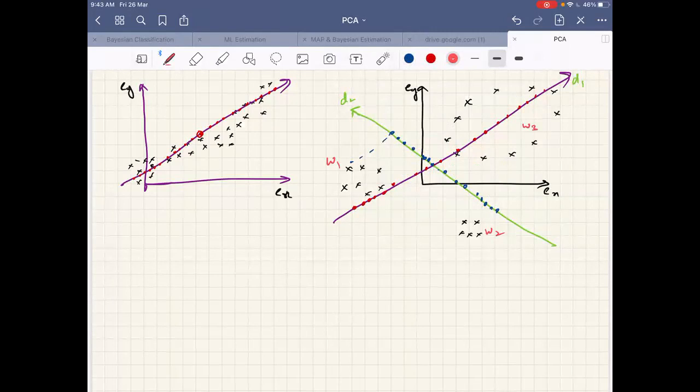Okay, so in which case do you think you can separate these samples well? If I project onto D1 and use those projections, do I have better flexibility to classify class 1, class 2 and class 3 samples? Or if I project onto D2 and then use those projections to classify, do I have a better provision for classification? Which one?